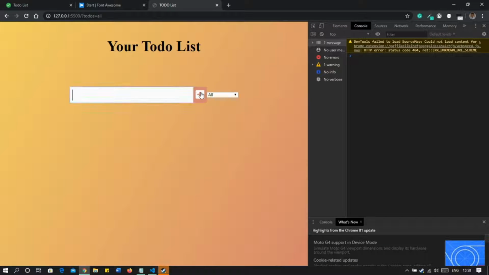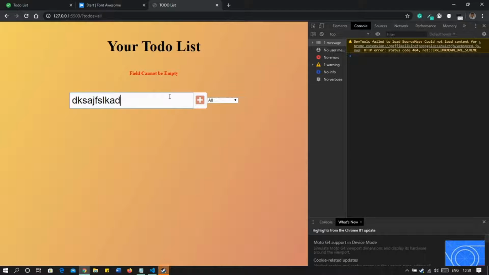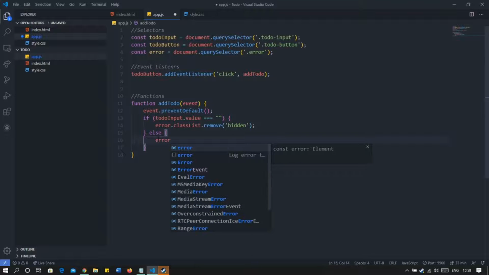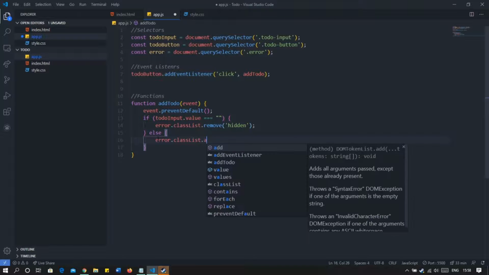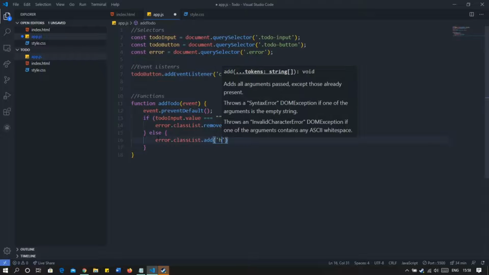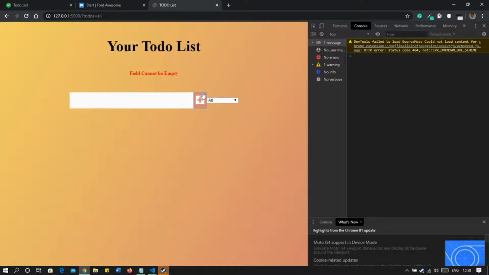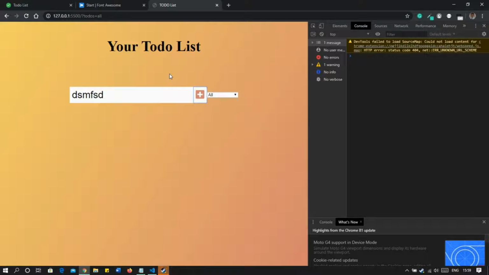As soon as I press submit, we get an error. Now I enter something, I press submit. So you see the error doesn't go. We want it to disappear as soon as we press enter and the value in the field is valid. So for that we will add the hidden class again, so that the error goes away. So in the classList we will add the class hidden. Great. So now let's see, if you add, see there is an error. If I type something and add, see the error goes.